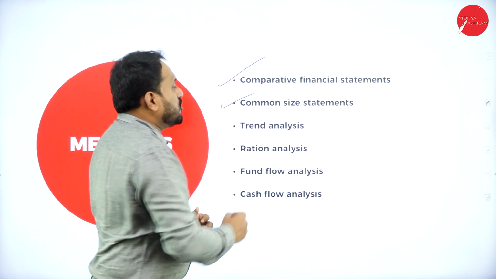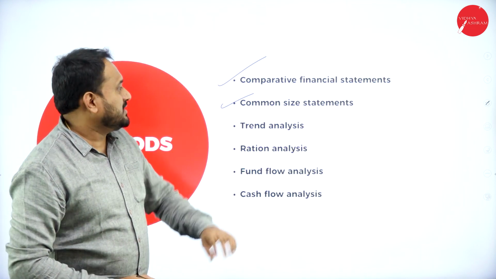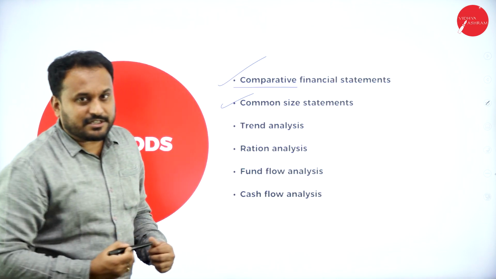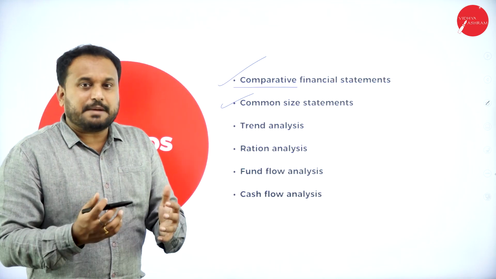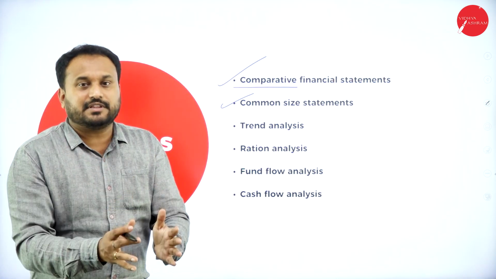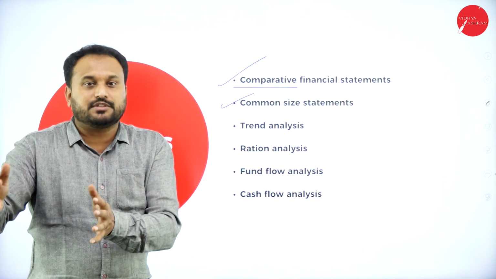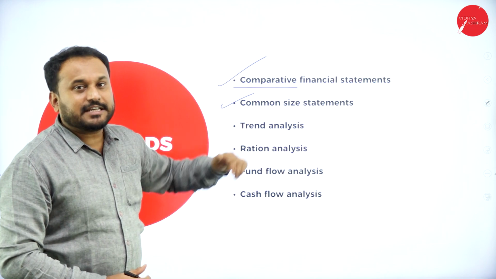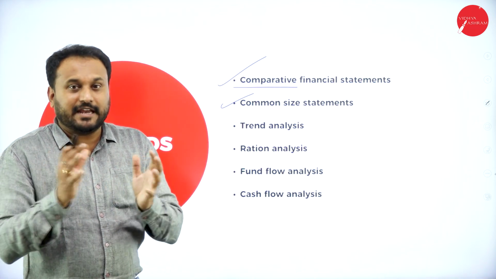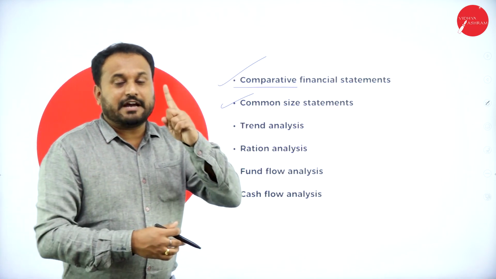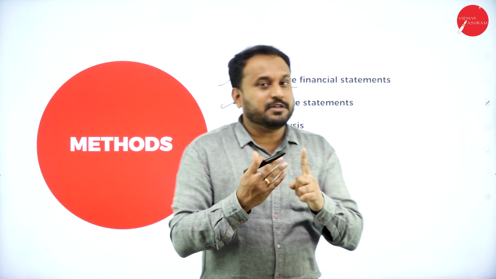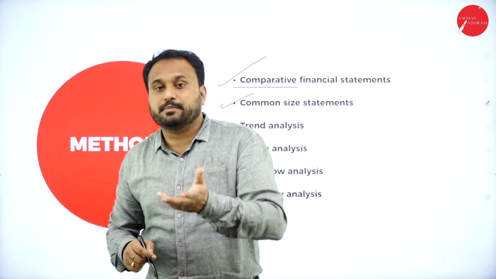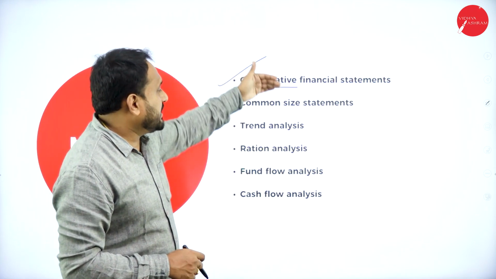Second, we have common size statements. See, the word itself says what? Comparative. Comparative in the sense what? You should compare. Will you compare only when you have one kind of thing? No, you should have 2 things. Only then will you go with comparative. That is what comparative is. Common size means in both of them, again, common in the sense what? Only one, if you take an example, will you say common? No, you should have 2 things and then you will understand what is common between those 2. That is comparative and common.